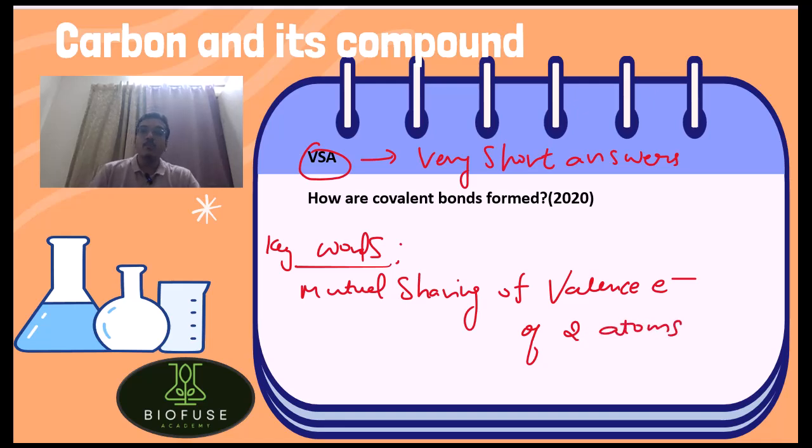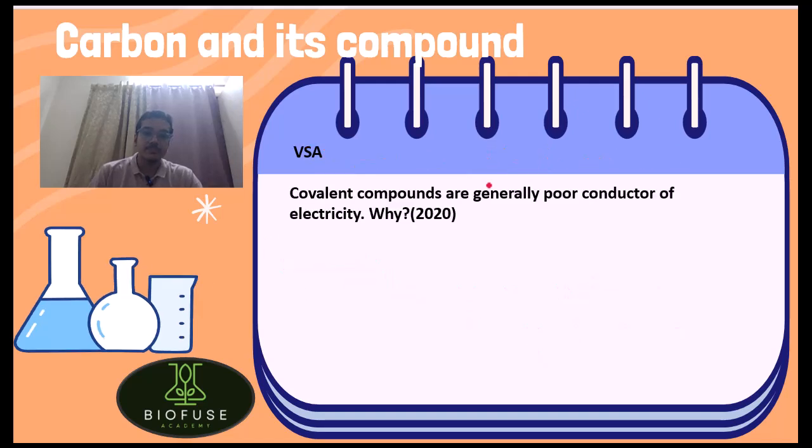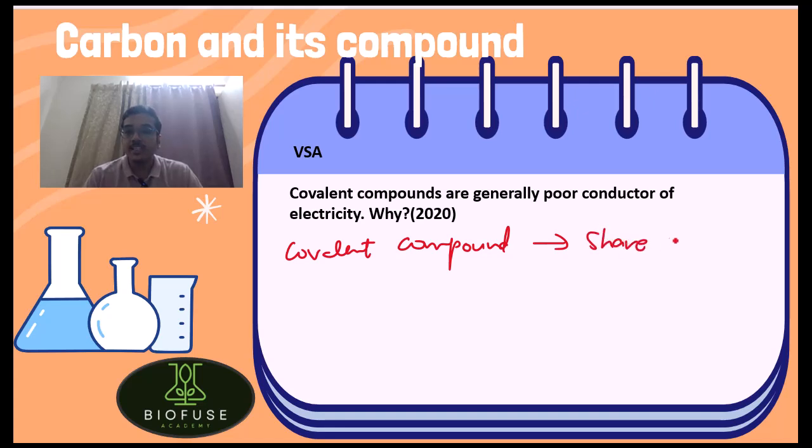Okay guys, so now we will move on with the next question. This is a VSA, that is very short answer. Covalent compounds are generally poor conductors of electricity. So covalent compounds share electrons. That is very important. They share the